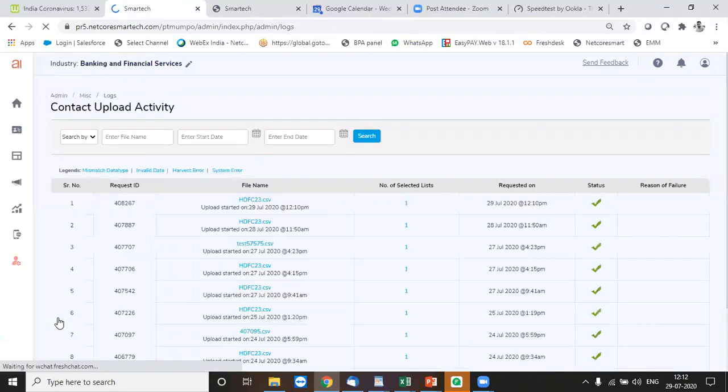Many times what happens when you upload a contact database, there could be some mistakes which you unknowingly might have made in the data creation file process. So here what you do is you check whether the data that I have uploaded has successfully been uploaded or not.